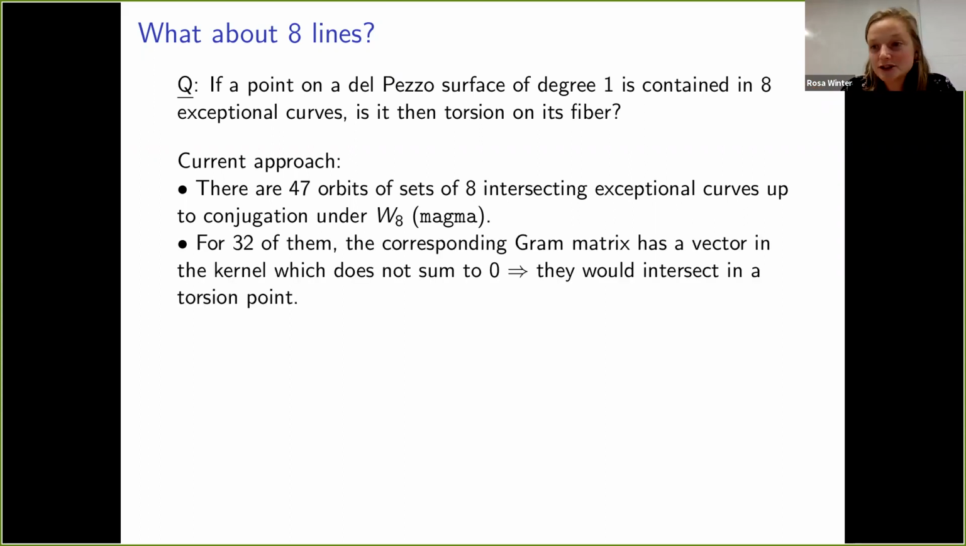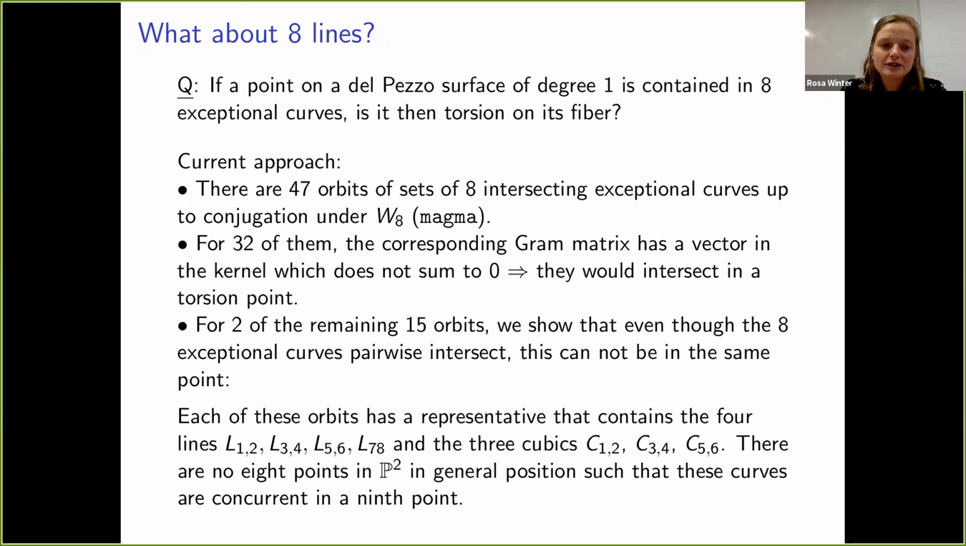And then you can check these Gram matrices again, so the inner products of the corresponding roots. And for 32 of these orbits, the corresponding Gram matrix has a vector in the kernel which does not sum to 0. So similar to the proof that I showed before, if these 8 curves would intersect, they would intersect in a torsion point because you have a relation that does not sum to 0, and specializing to the fiber would give again a torsion relation. So that is nice. You can eliminate already 32 options. And then we found for 2 of the remaining 15 orbits,